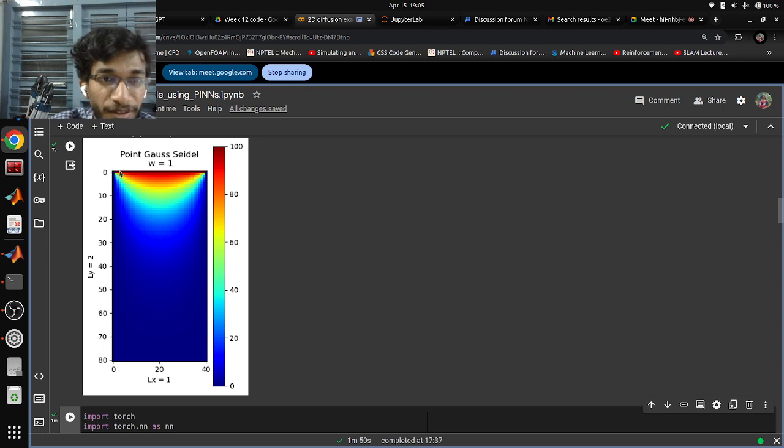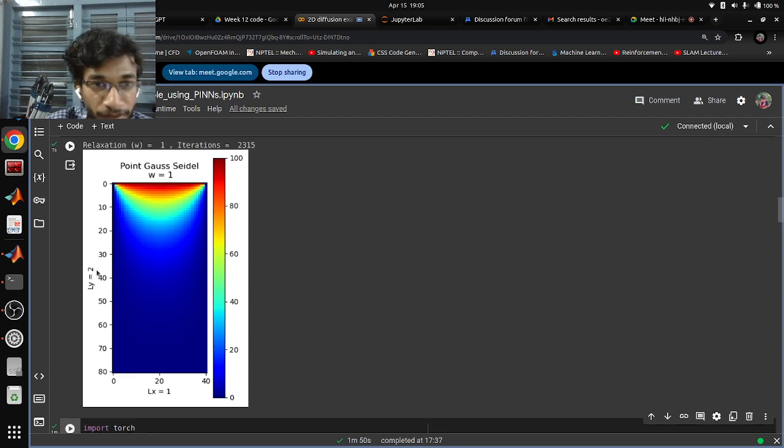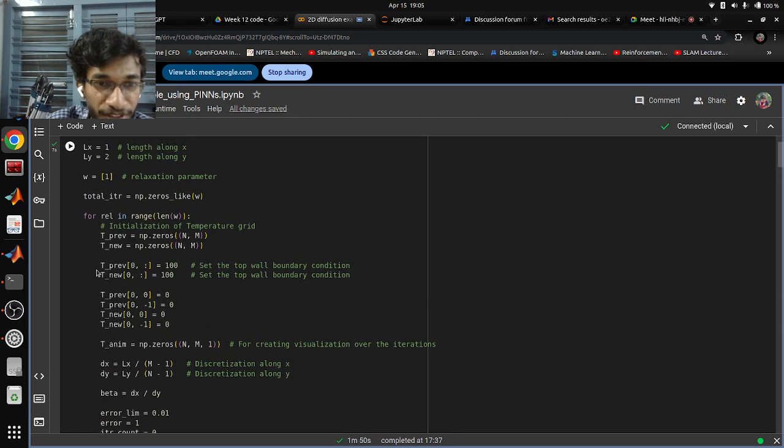You can see the top wall was maintained at 100 degrees Celsius and the side walls were all at 0 degrees Celsius, and this shows what the temperatures are at different points throughout the plate. I will not go over the traditional solution in detail, but